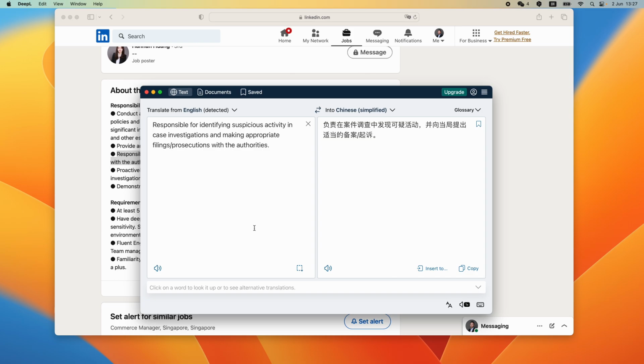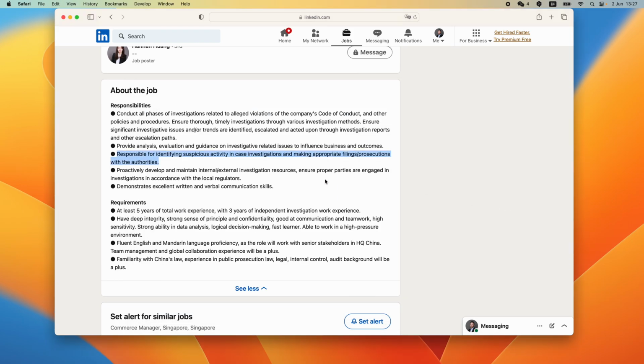Maybe this is some case identified in the internal Alibaba. So the staff should be responsible for identifying all of this suspicious activity and studying cases about